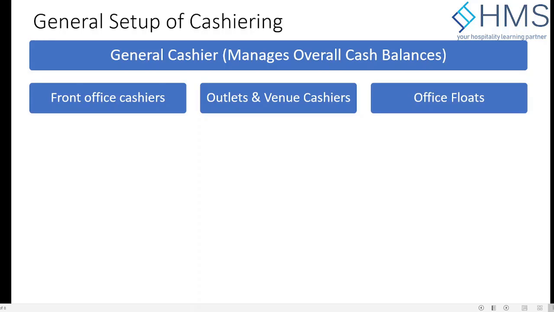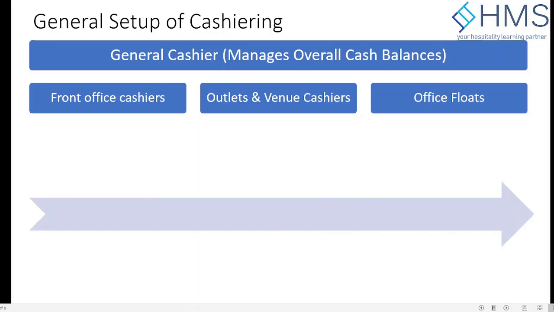Instead of getting every single petty cash paid from the general cashier, which would be very inconvenient, normally there are floats which are given to the front office manager or duty manager or finance office or purchasing or sales and marketing for doing the petty cash things, right? So that's how we normally set up the cashiering. The general cashier keeps the overall cash of the hotel, and the front office cashiers usually are responsible